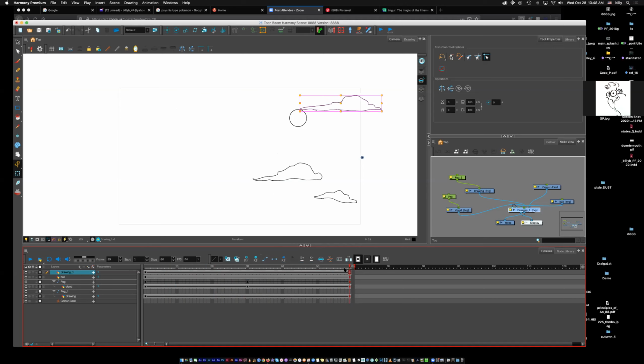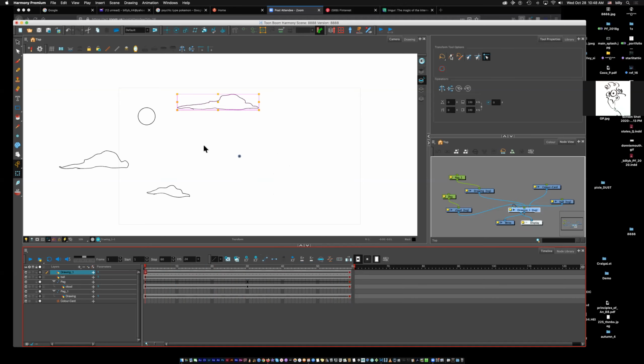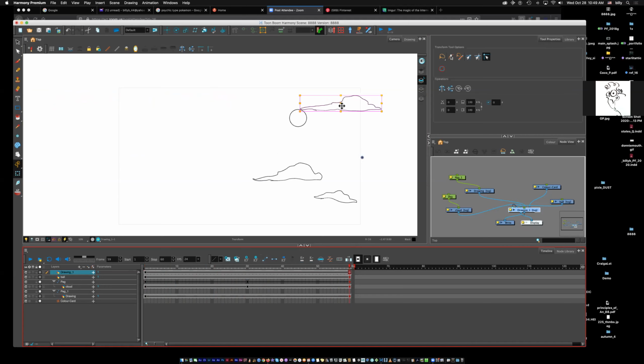Now the cool thing about this is if you go to the first keyframe and you still have these two tools selected, you grab it and you can move it all the way over, off the stage even. And then you go to the end one and you take this guy and you move it all the way off the stage. Now it's going to move really fast,